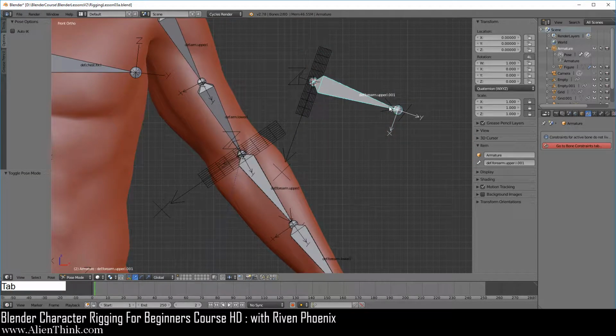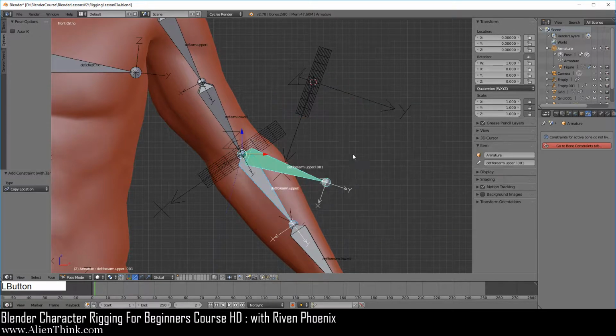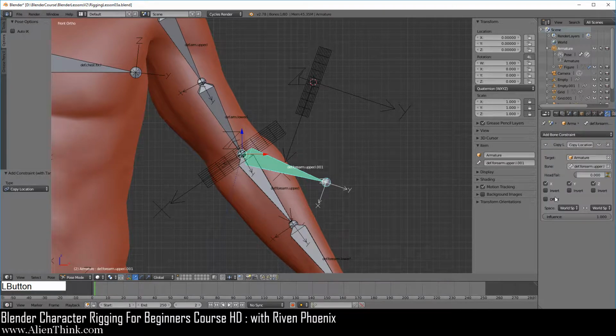Now press the tab key. So you'll see that basically we just left this bone over here because it has no parent-child relationship. The reason we did this is because we're going to see how all these concepts come together. So go ahead and click on this bone, press the shift key down, click on this one, do shift control C, and here you're just going to do copy location. So here you'll see by default when a constraint is added to a bone, it's just going to be world space and world space. So here Blender is just putting this bone wherever this bone is, right? You can notice that it's doing it on the head.